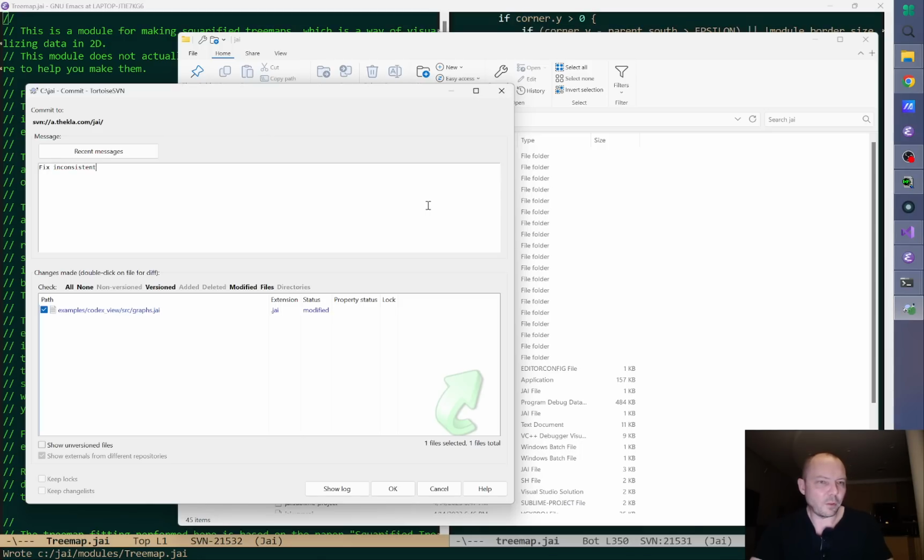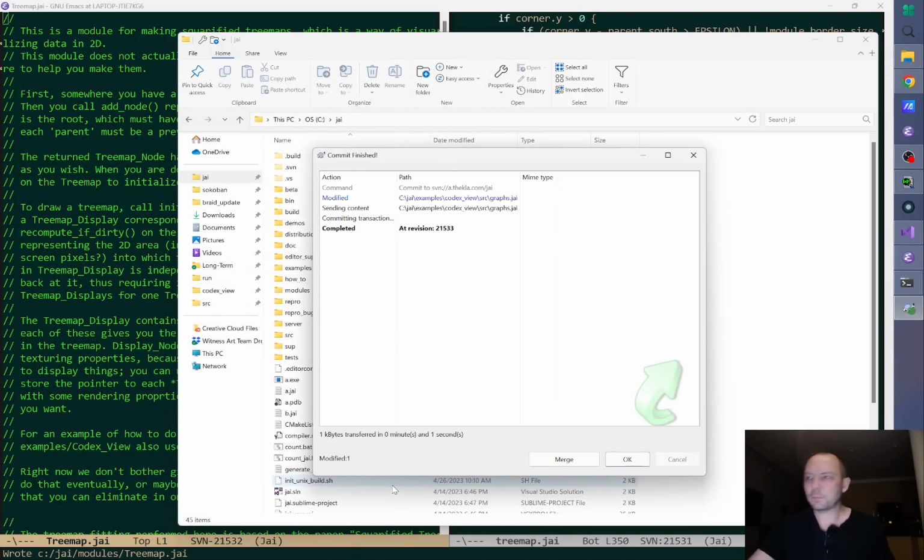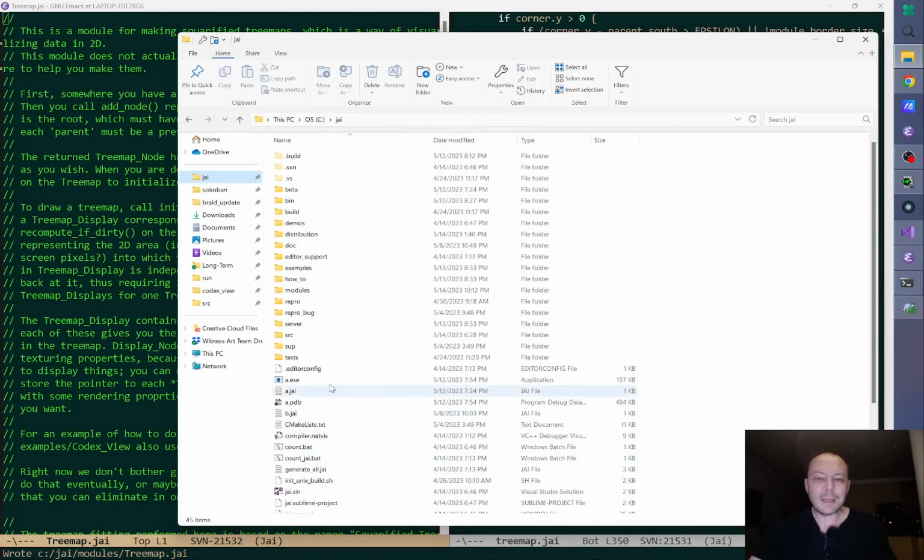Fix inconsistent cursor thickness. Okay. Now,